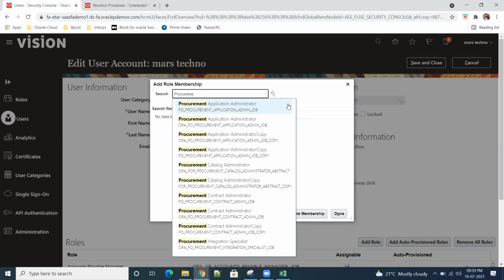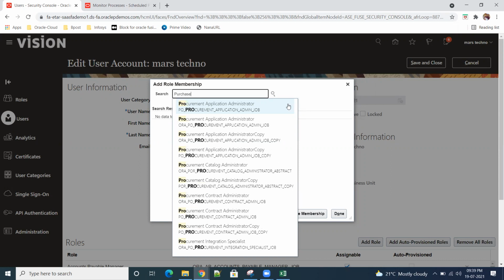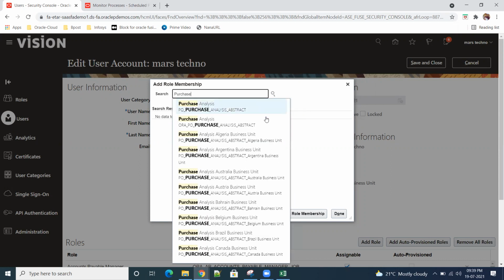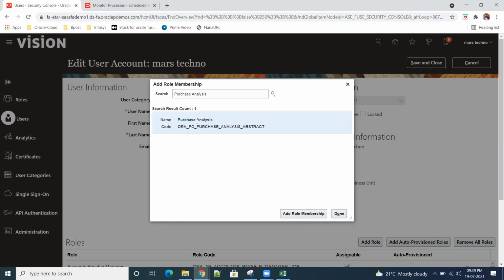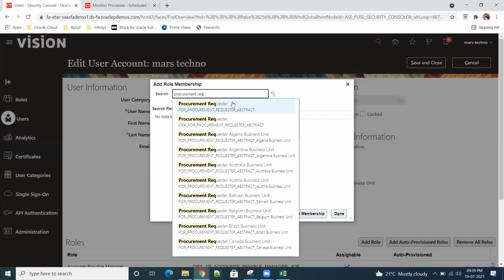Okay. These are the main ones, Rama, as I can see: supplier administrator, supplier manager, and then the buyer. Try only with two roles for supplier: supplier manager and supplier administrator. Okay. Procurement manager, procurement requester, procurement preparer. Procurement requesters.